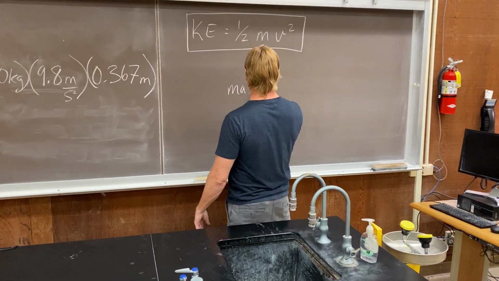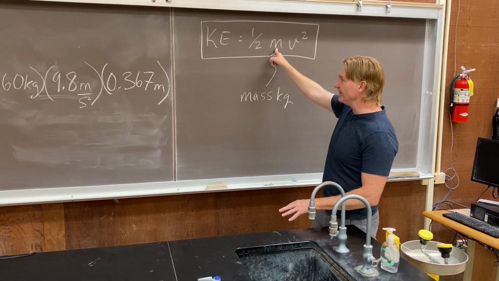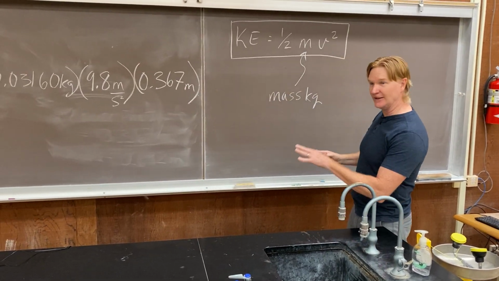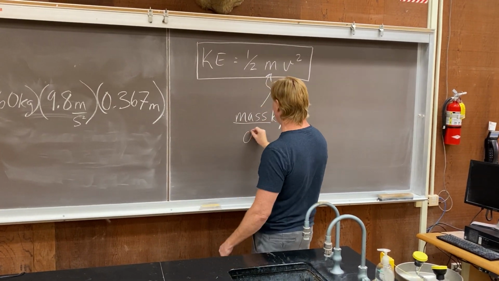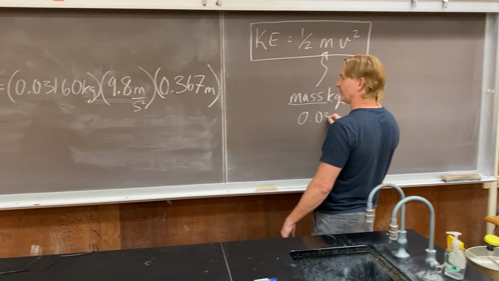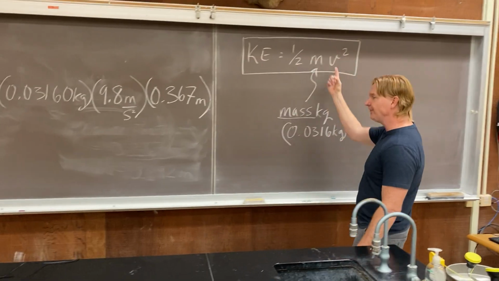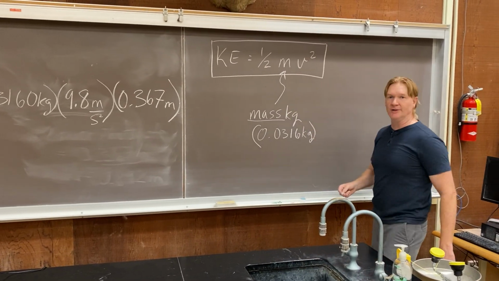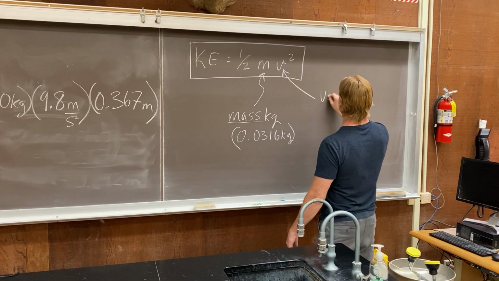So this is the mass in kilograms. Don't be confused and think that's a meter, okay? A little bit different, a little confusing there. So this is the mass in kilograms, which we already calculated as 0.0316 kilograms. So that's the same. The only difference here is we're not gonna use the 9.8 and we have to figure out the velocity